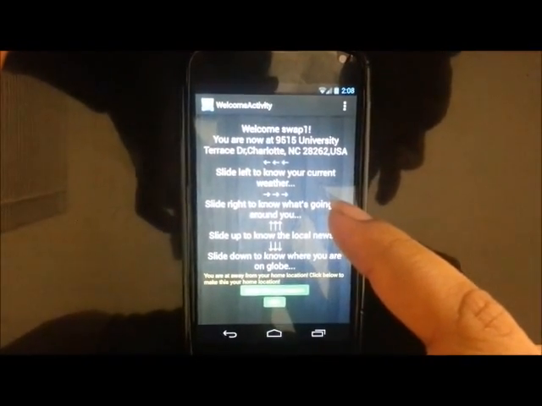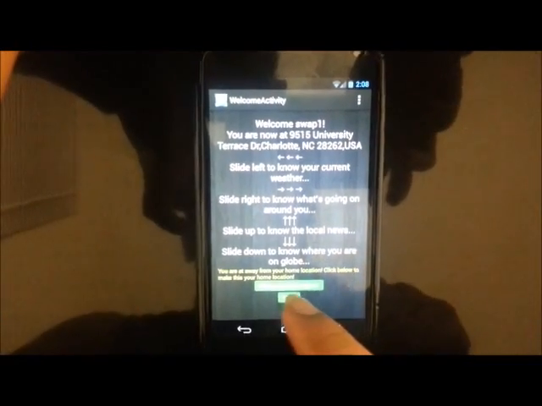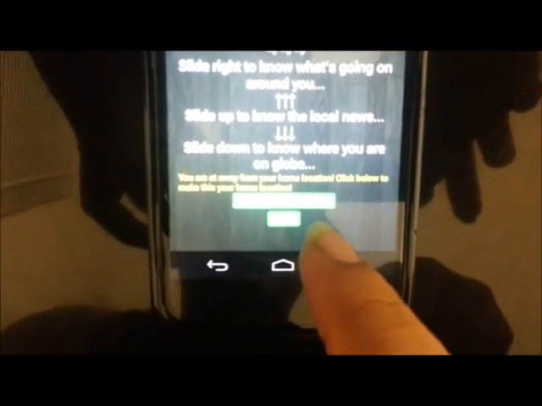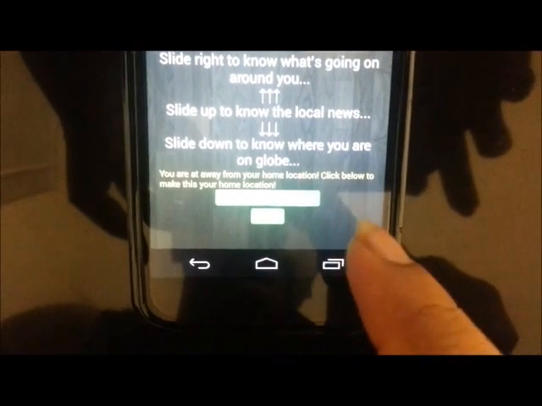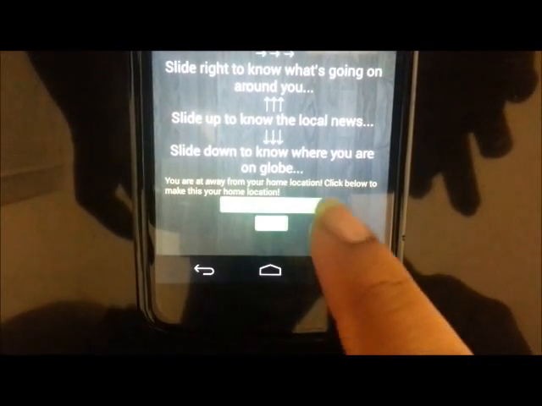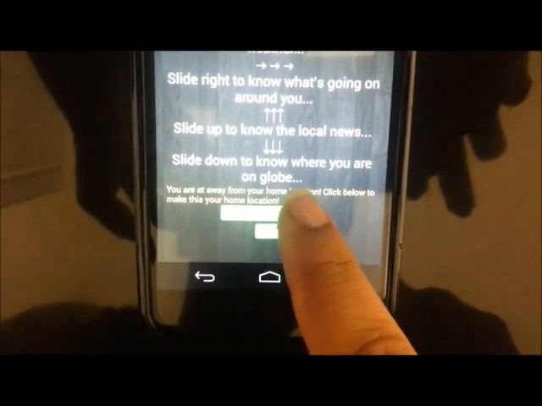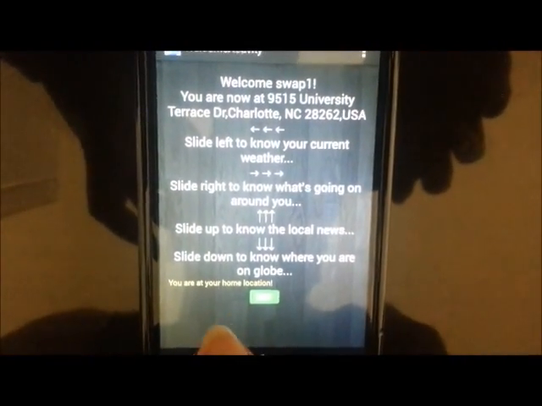I'll show you a small interesting property over here. As I showed you before, it shows you a message, you are away from your location. We have an option of making this location, the 28262 location, our home location. When I click over here, it will set this location as our home location, and now you see the small message, you are at your home location.